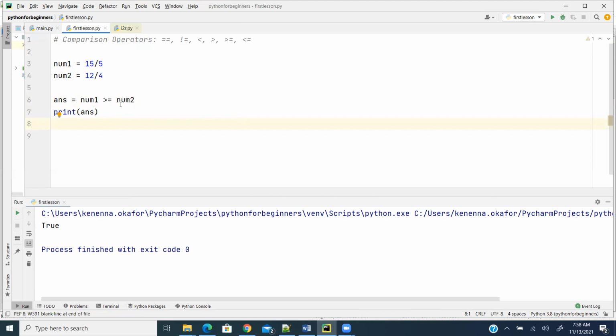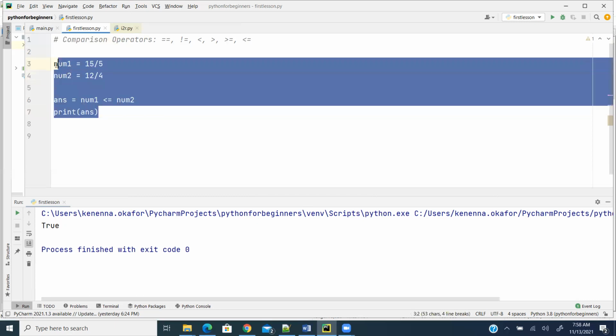Now the same thing for the less than, the same thing for the less than or equal to. So this is less than or equal to. So it will still be true because of the equal to, not because of the less than. Okay. All right. So that's it, guys. I hope we understand comparison operators. All right. So we go to the very next one, which is